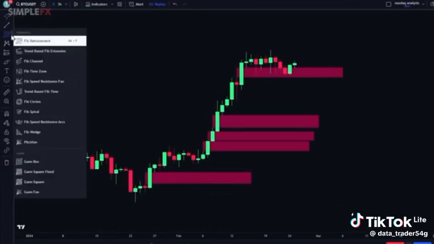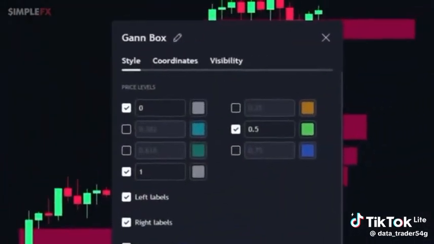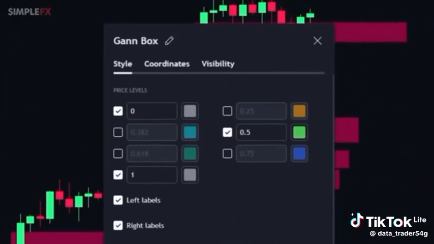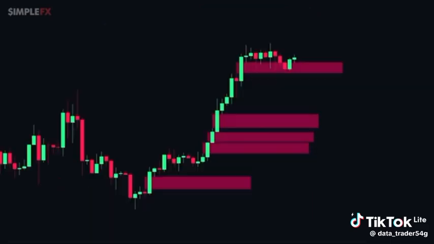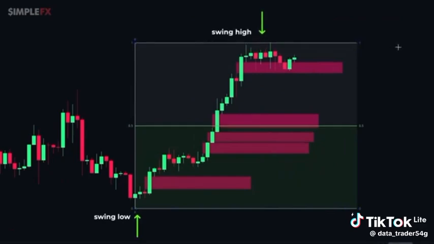On a charting platform like TradingView, you can use the Gambox tool. You then go to Settings and set the price levels to 0, 0.5, and 1. To use the tool, you drag it from the swing low to the swing high of the movement that contains multiple fair value gaps. This line in the middle separates the fair value gaps, and you should only focus on the gaps located on the bottom area